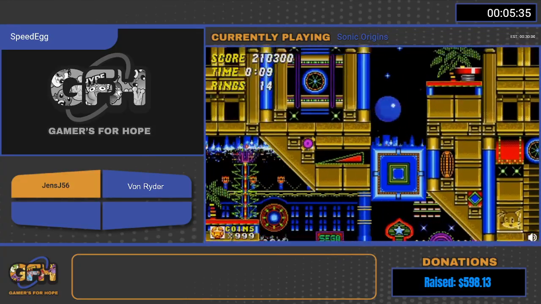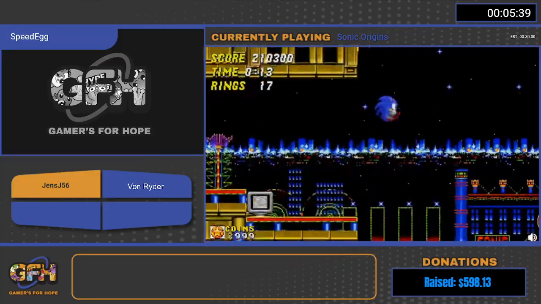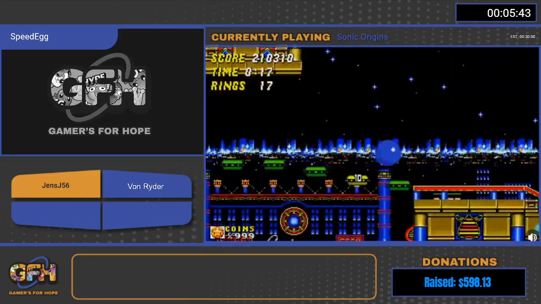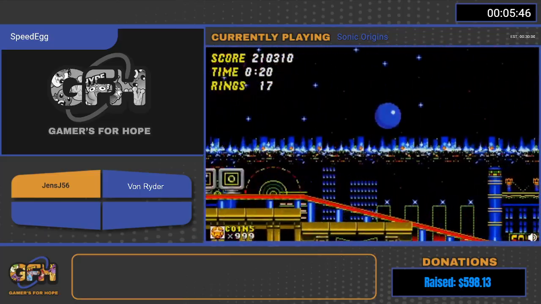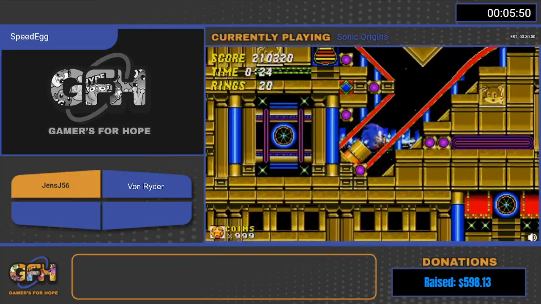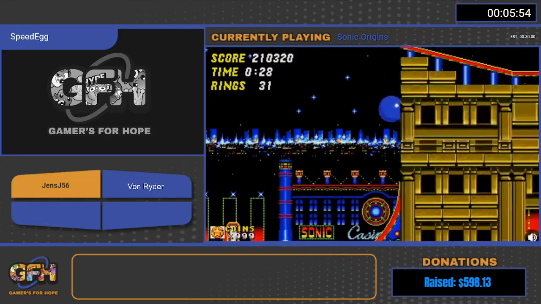So Casino, lately it's been actually doing okay for me, so hope I didn't just jinx that. Make the squeeze. Yep. And going down here, hopefully avoid the bumpers, going to squeeze that. Oh, nope, did not. Would have hopefully tried to run through the spring section. Oof. Okay, so...